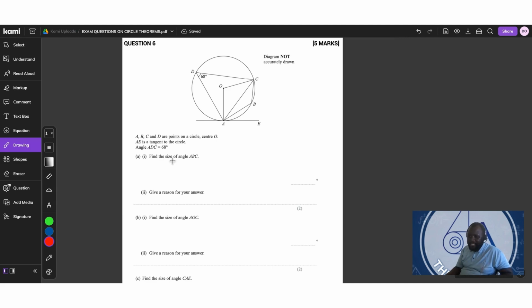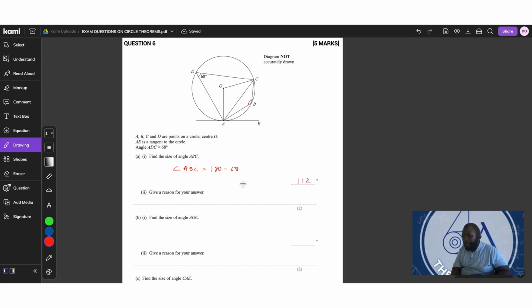Now, one, find the size of angle ABC. Angle ABC. That is this angle here. So we will say angle ABC is equal to 180 minus 68, because this is a cyclic quadrilateral. I didn't mention it because I've been mentioning it on every single question since we started. So I said, let me not mention it this time. It will just pop up. Most of the questions you notice will always rely on the cyclic quadrilateral. So 180 minus 68 is